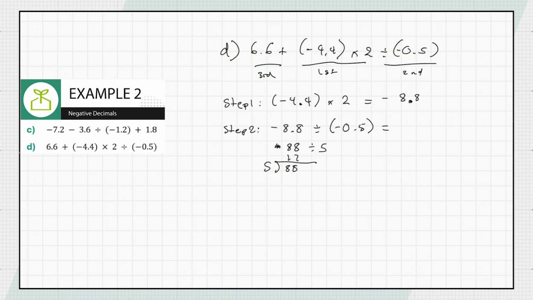And then after that we have a remainder of 3, and then 5 into 30 goes 6 times. Right. So now we are on to our last part. We're going to write 17.6 here and then go on to step 3. Our final part is 6.6 plus 17.6, and that just equals